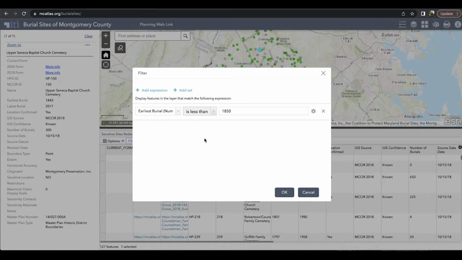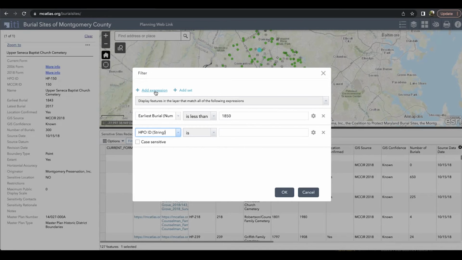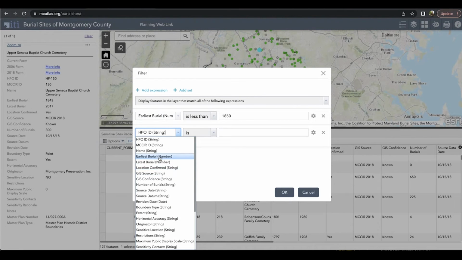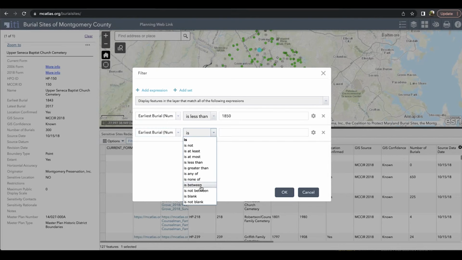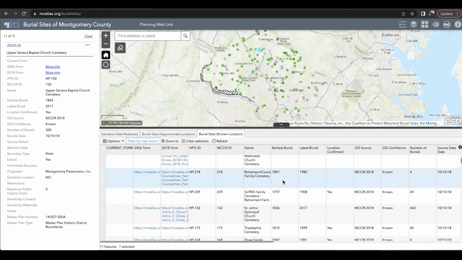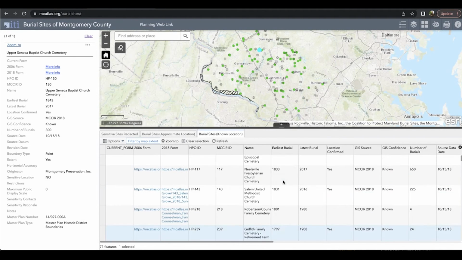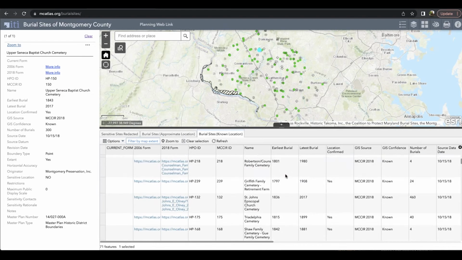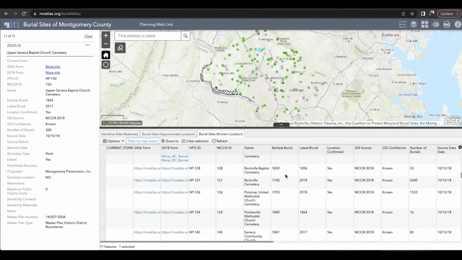So I'll go back to filter, and I'm going to add another expression. And again, earliest burial, but this time I'm going to say is greater than 0. So I'll just knock all those zeros out because I'm not interested in those. So you see a bunch more fell out. So now all the burial sites in this list have some burials that predate 1850, and